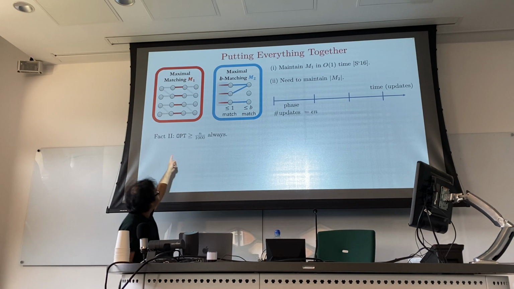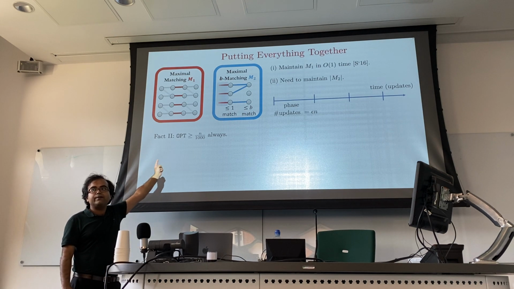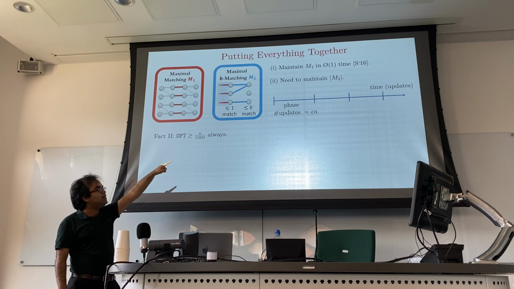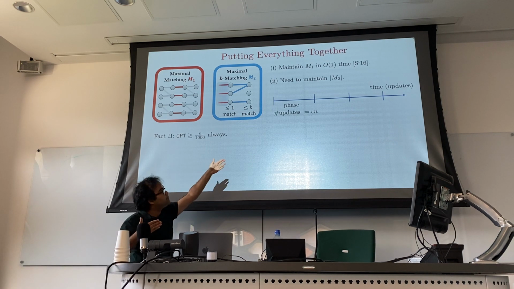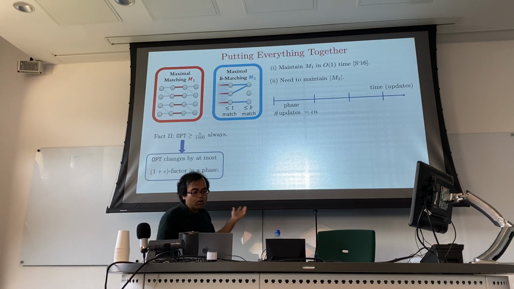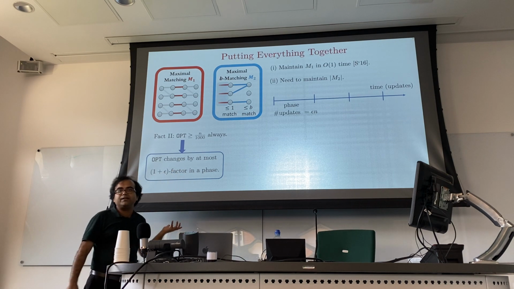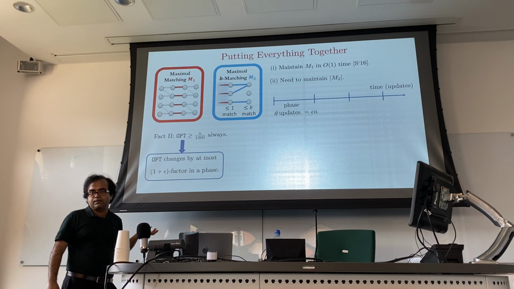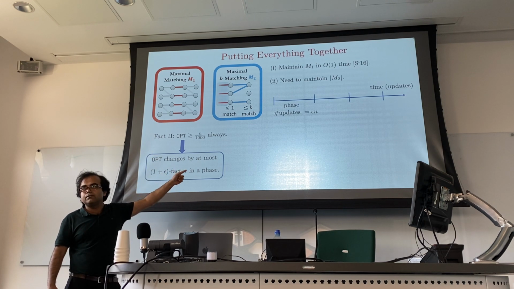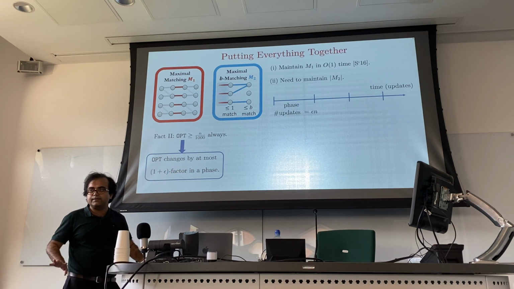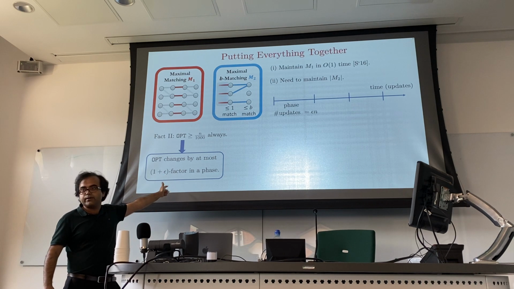What do we know from the vertex classification procedure? We have the guarantee that opt is always at least n over 1000. So if a phase is epsilon n long, opt changes by at most a multiplicative 1 plus epsilon factor within a phase. So if we have a good estimate of opt at the start of a phase, we can just sit idle throughout the phase. That's all that we will exploit from here.